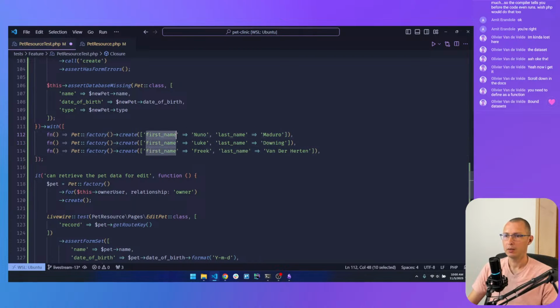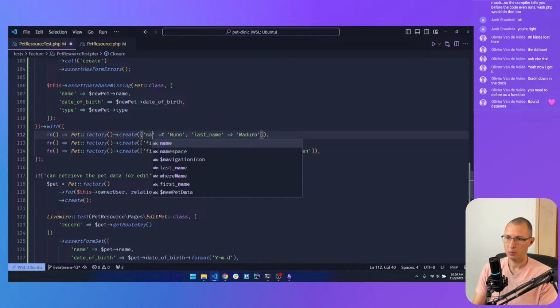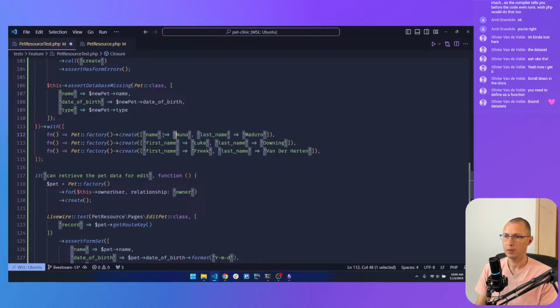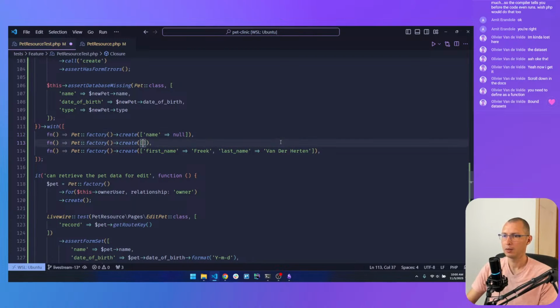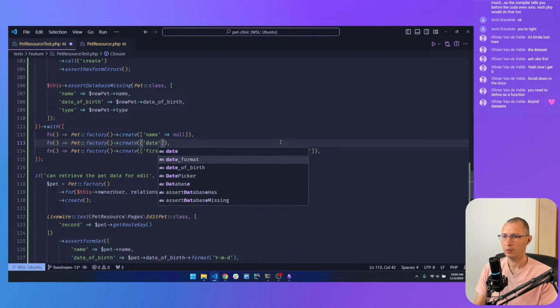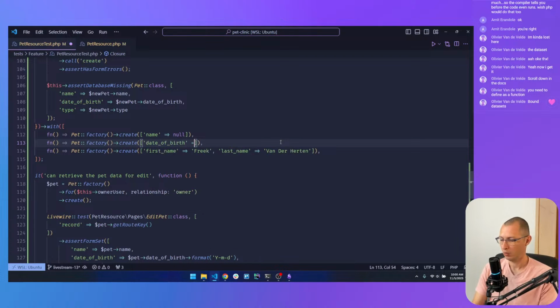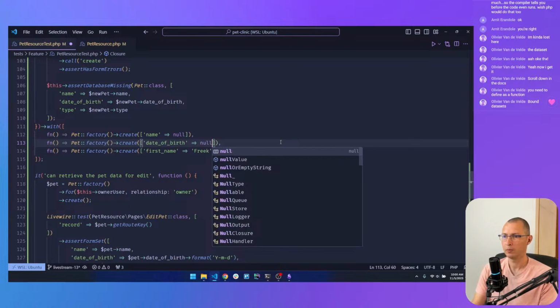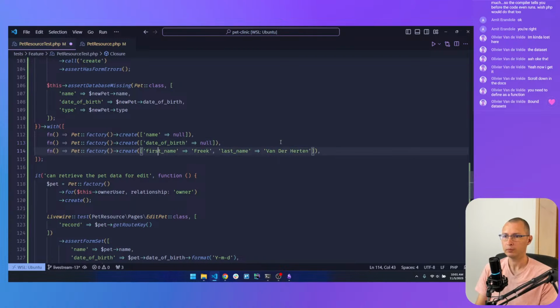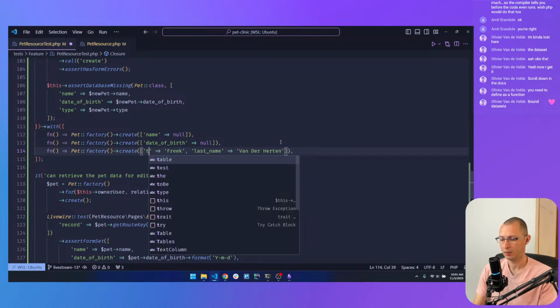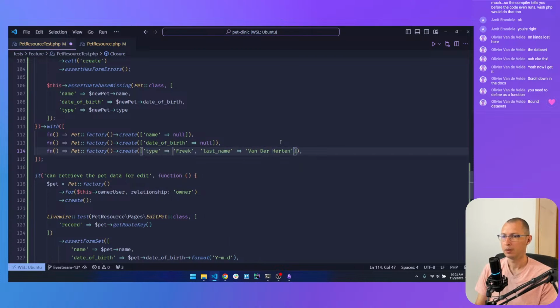And this will be name null. And then date of birth null. And then type null.